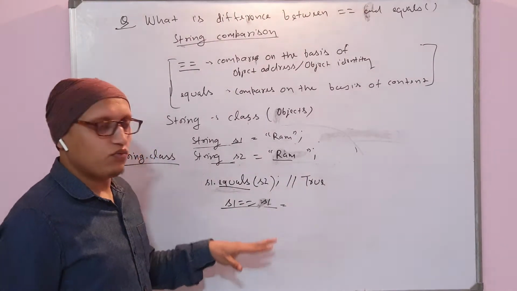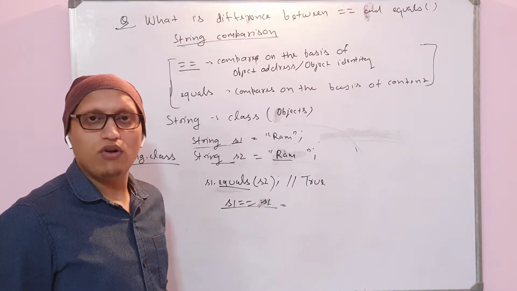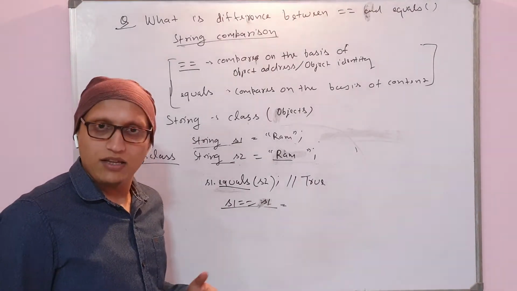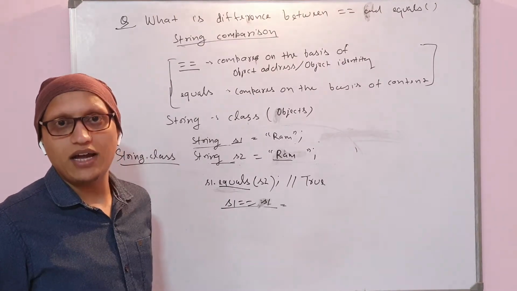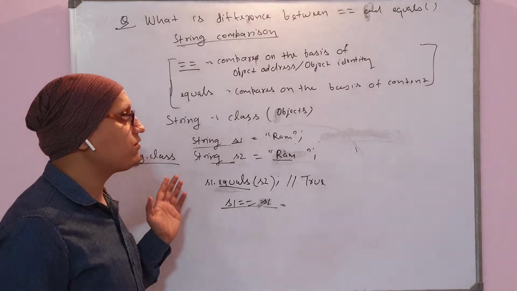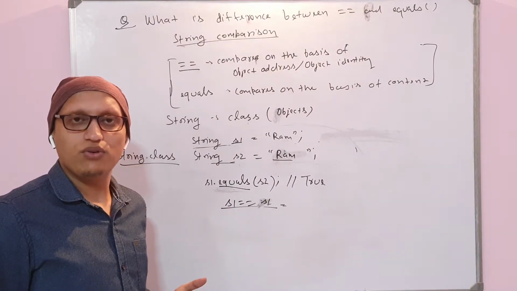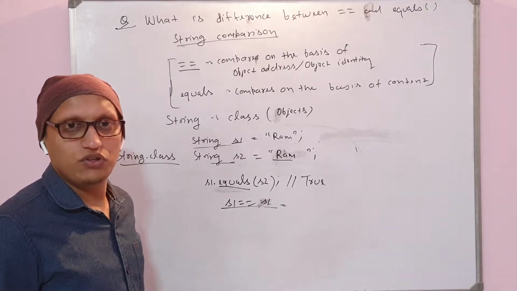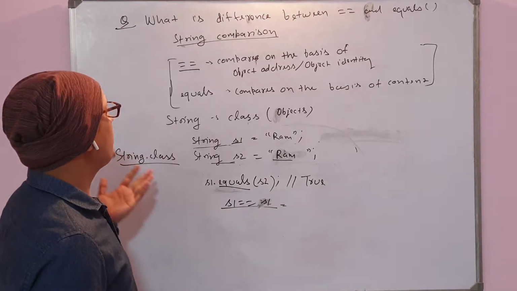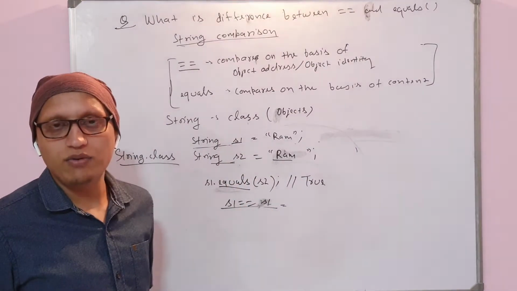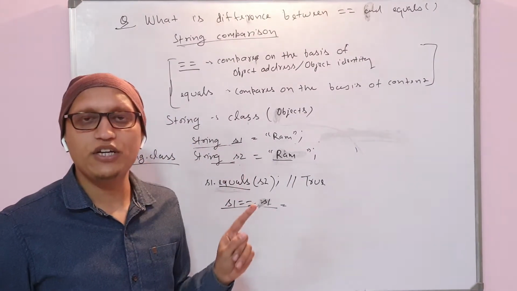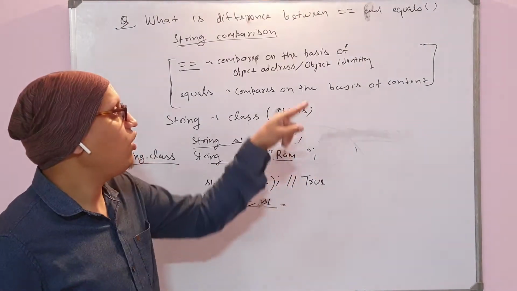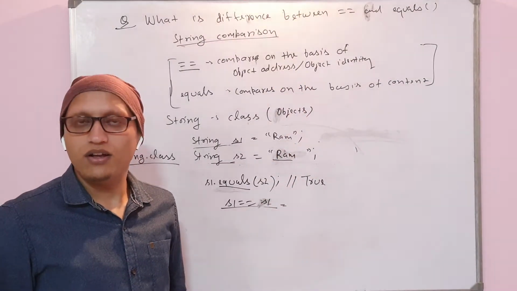Even though what I'm going to discuss now is not a part of the interview, at some point of time in some companies you might be facing that. That's why, just for your knowledge and so that you can be perfect in this interview question, I'm going to discuss a little bit more about this equals and double equal method. Now always remember the same thing: double equal compares for object identity, equals compares for content.